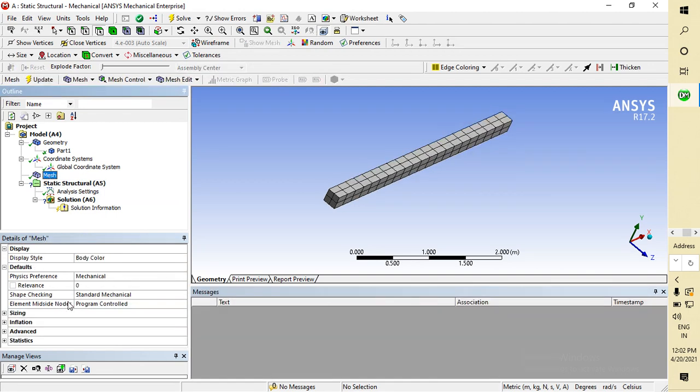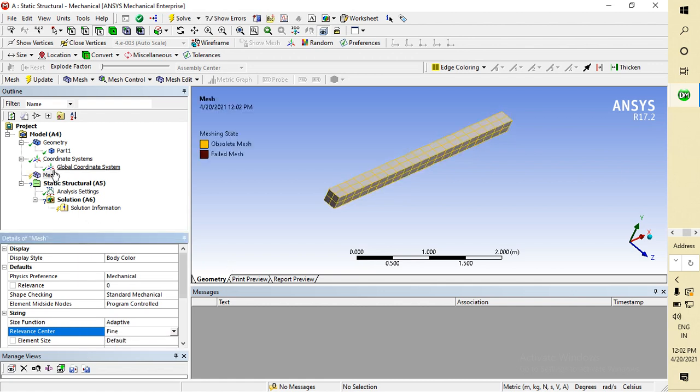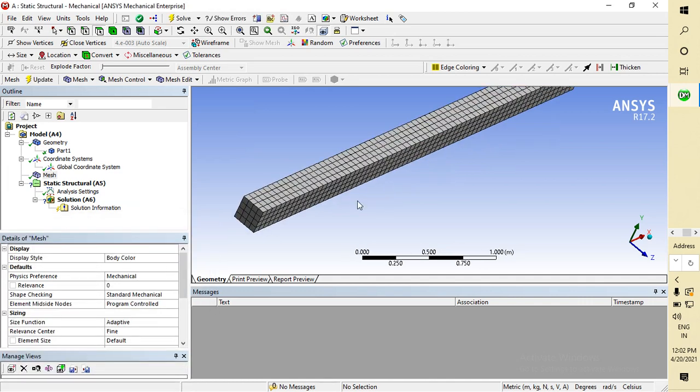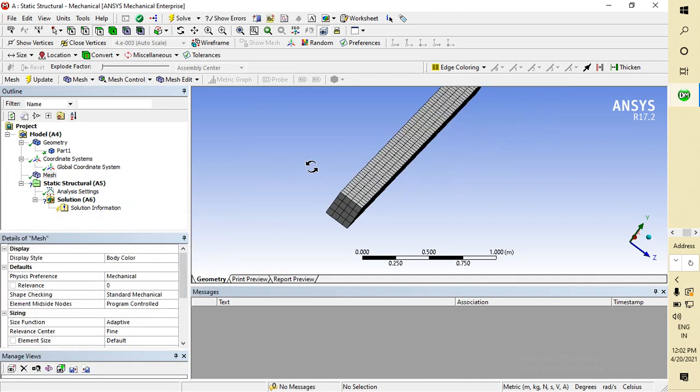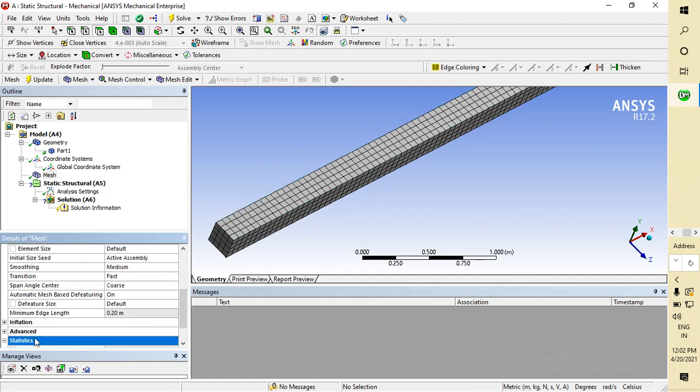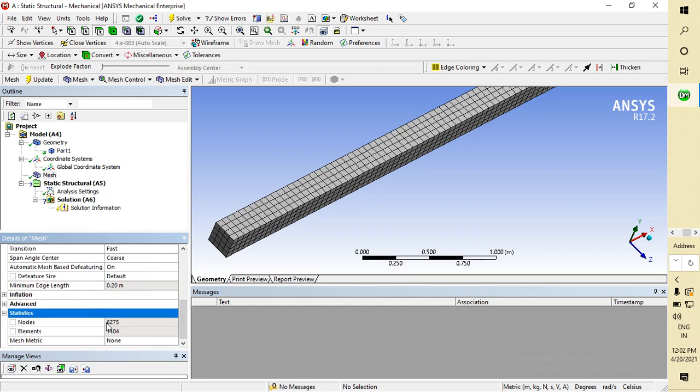In sizing, there are three options: coarse, medium and fine. If I use fine, every time you have to update or generate the mesh. Now your mesh is finer, so obviously the number of nodes also increases.